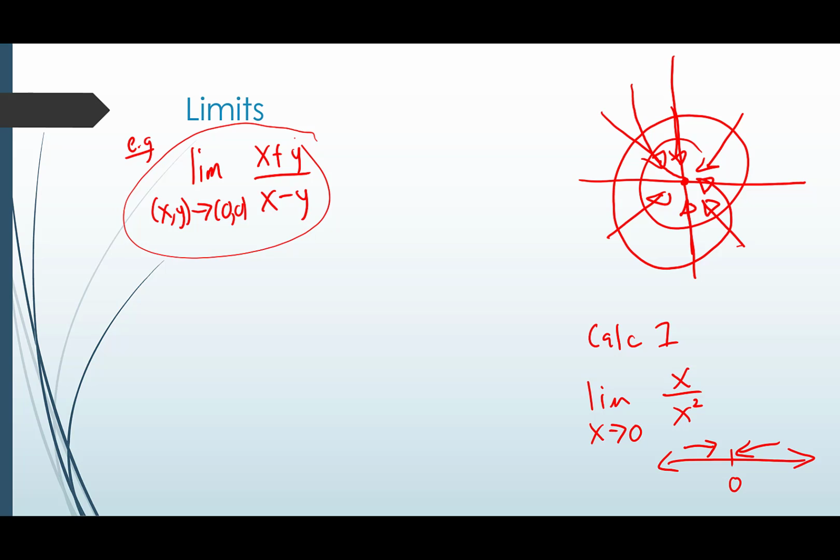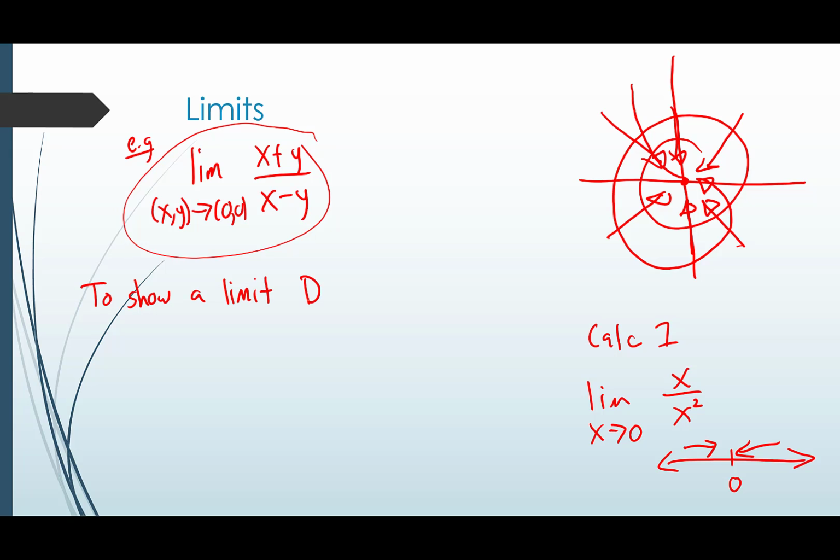To prove limits exist, usually you either want to use some kind of algebra, or continuity, which we'll talk about in a second, or the squeeze theorem, which sometimes they call the sandwich theorem, depending on where you're going. If you want to prove limits don't exist, and this is what I really want to touch upon today, you want to consider paths.